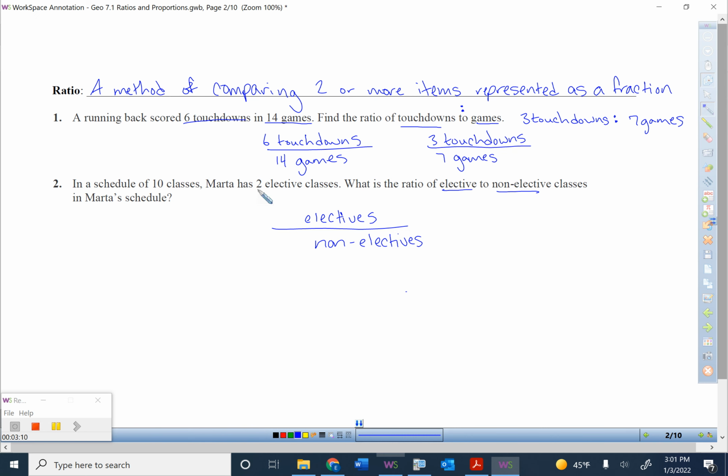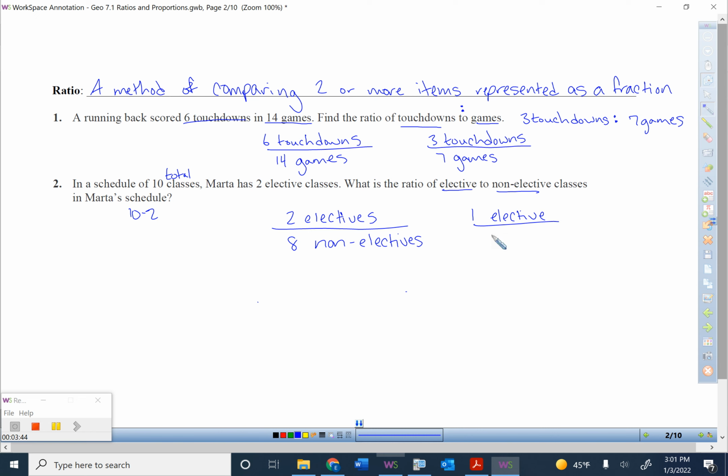So this one definitely says elective. That 2 can go on top. Okay, but this 10 classes doesn't specify that that's the non-electives. This is your total. Okay, so if that's our total and 2 of them are electives, that means there's 8 left over, okay, to be non-electives. We just took 10 minus 2 here. Okay, but again, we're going to reduce because we're dealing with fractions, so that's 1 elective,